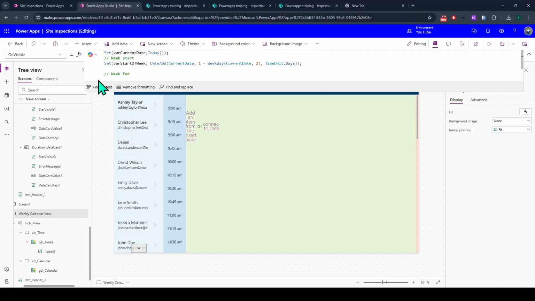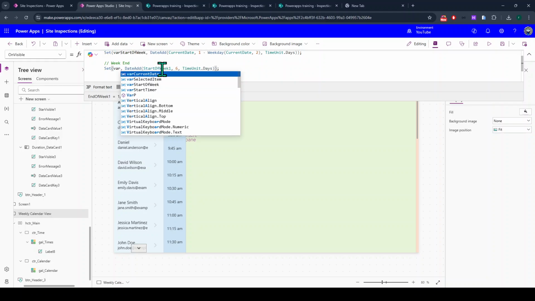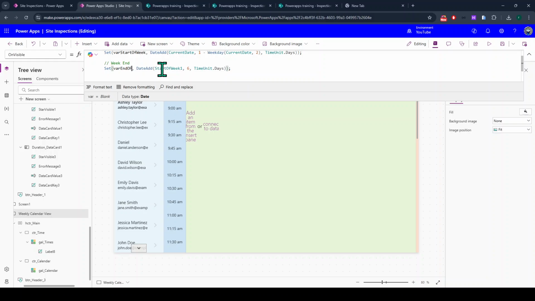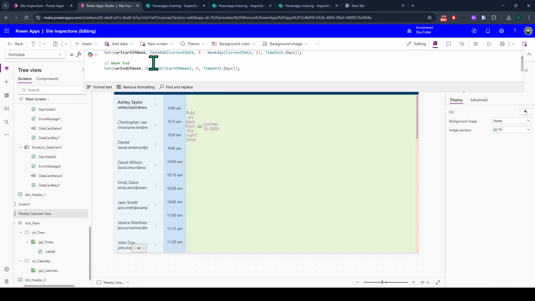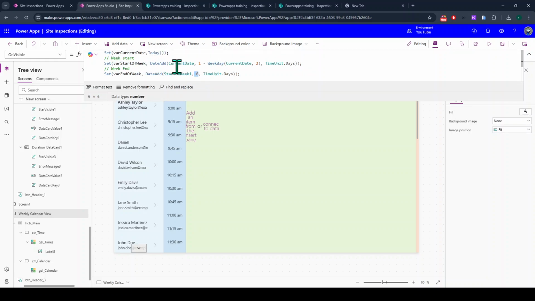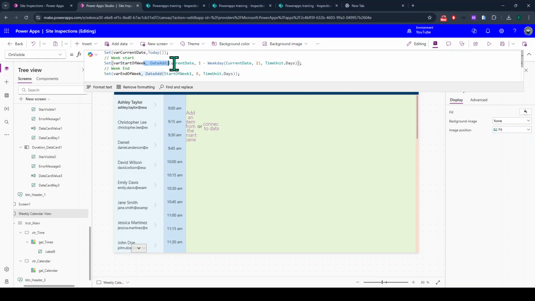And for the weekend as well, we are using another formula. So I will replace it where end of week. Whatever the week start is, we need to add 6 days, right? There are a total of 7 days in a week. That's why we are adding 6, considering this as a default. Then